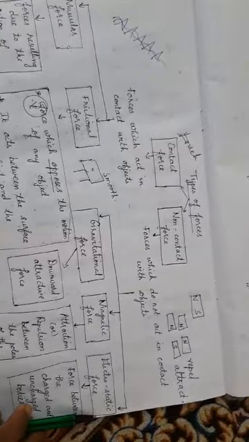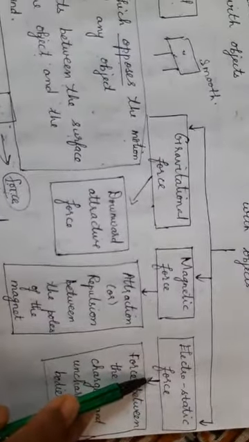Now, to understand this better, consider the example of a comb in your hand. You have applied oil to your hair, so you are combing your hair now. Will the oil be applied to the comb now? Do you agree? Yes, so the comb is applied with the oil. And now, whenever you bring the comb to some pieces of paper, will the pieces of paper get attracted towards the comb? Yes, this is a very small experiment which you have done in your younger days, right?